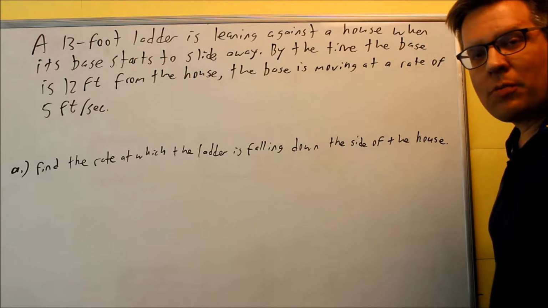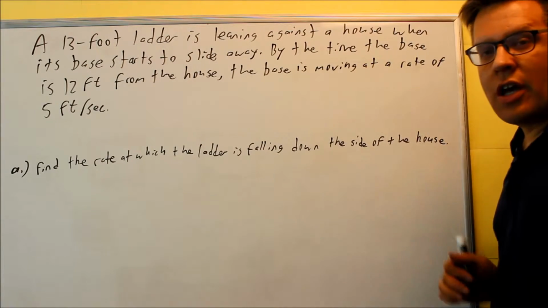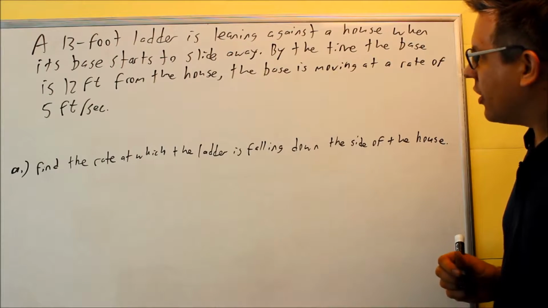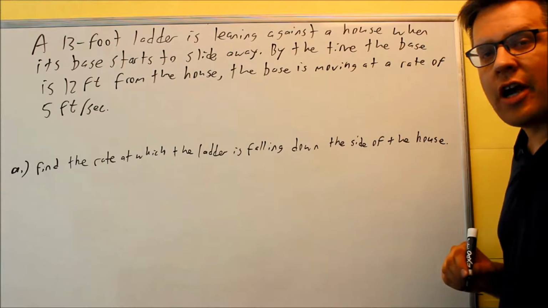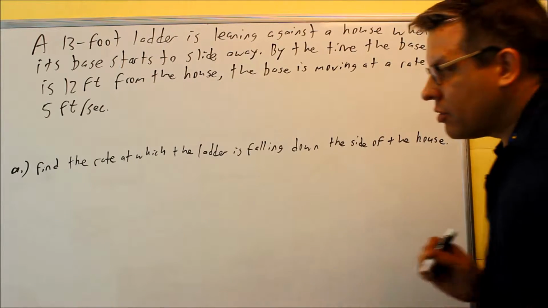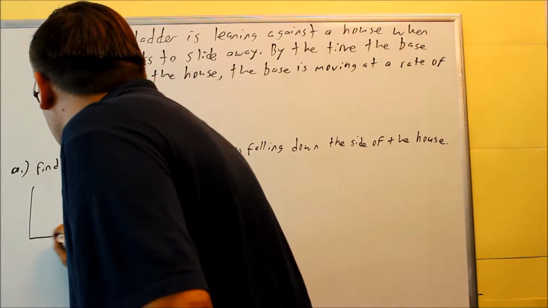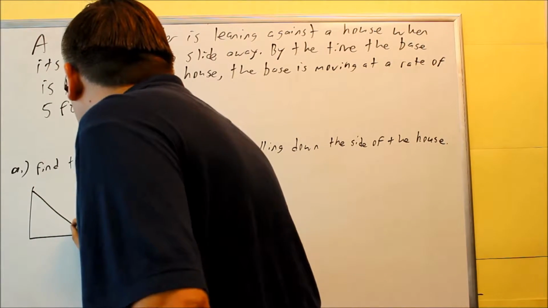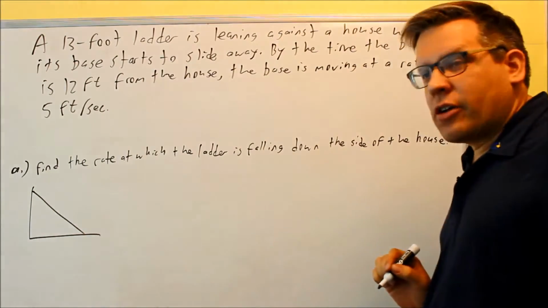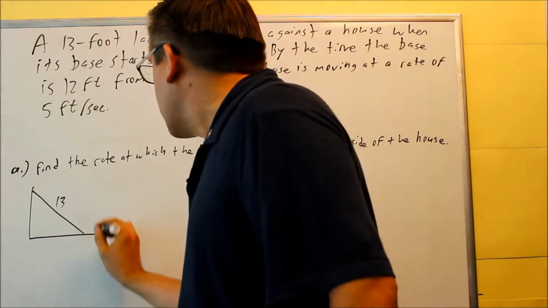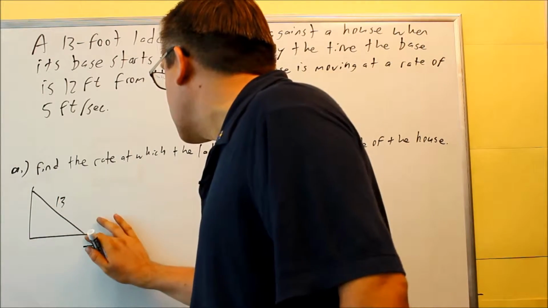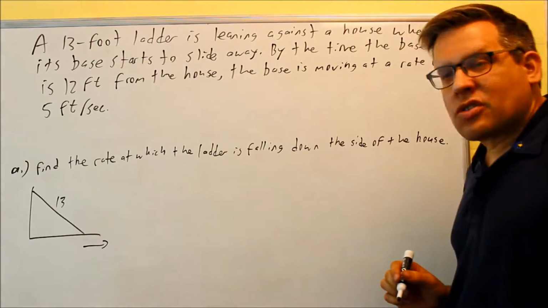Okay, this is going to be a two-part problem. It's given that a 13-foot ladder is leaning against a house and the base starts to slide out. Let's draw a picture that describes the situation. Okay, so we have a house right there. We have this ladder. The ladder is 13 feet, and then what's happening is this end is sliding out, and